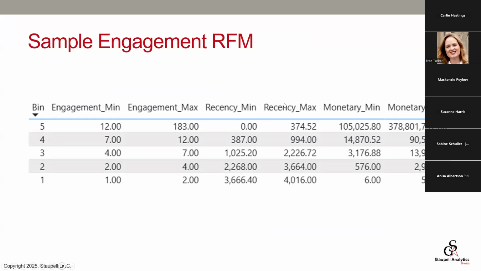So notice that engagement, the monetary 378 million is ridiculous, but the monetary in a real situation would likely be lower, because not every engagement has a value, right? But in giving, every gift does have a value. Okay. And so if we look at this